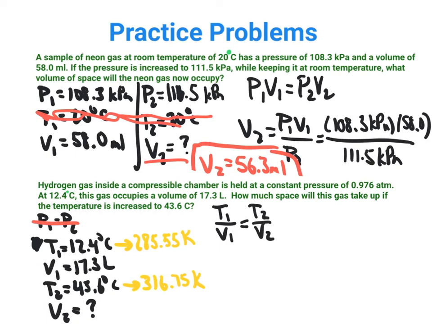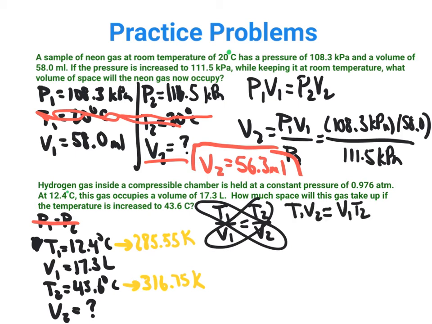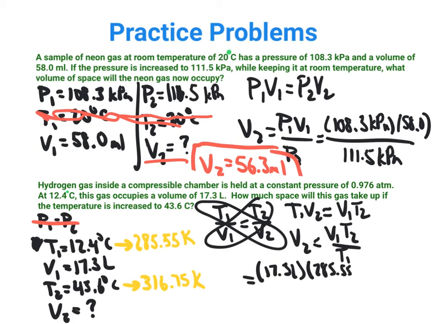I'm going to rearrange it by cross-multiplying and then figuring it out. So we have T1 V2 equals V1 T2. And then at the end of the day, V2 is equal to V1 T2 over T1. When I plug it all in, it's equal to 17.3 liters times 285.55 K